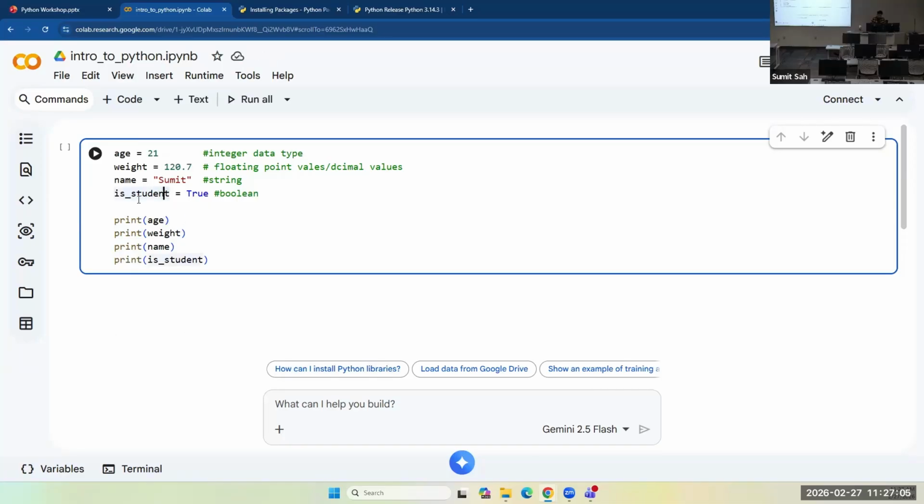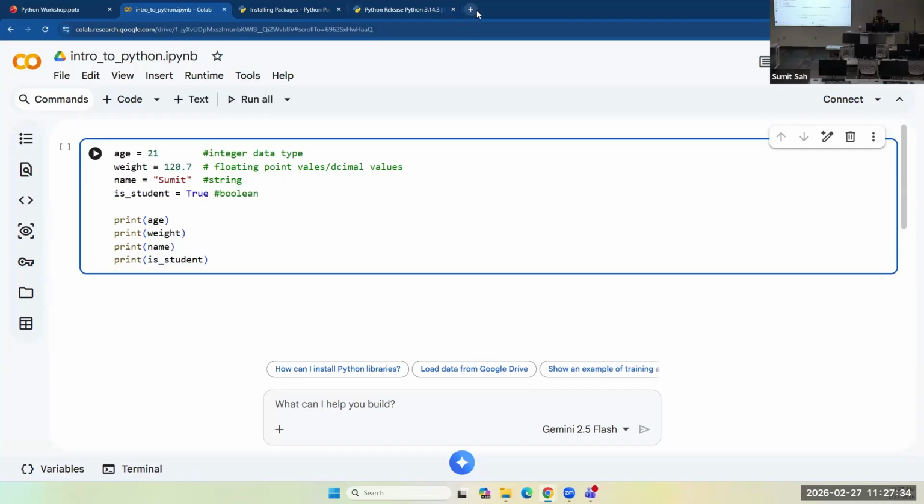And remember, one thing I forgot to mention is that while you are declaring variables, there are some rules you have to follow. If you have just a single word like age, weight, or name, you don't have a problem. But if there are two words, then you cannot have a space; there has to be an underscore.